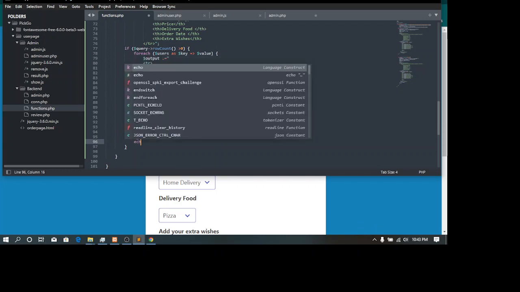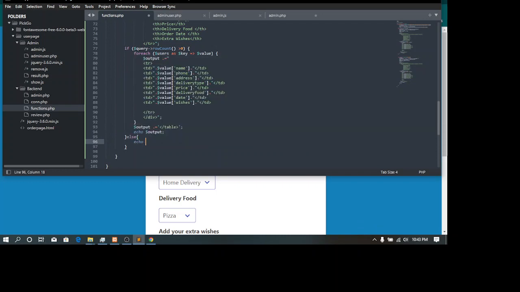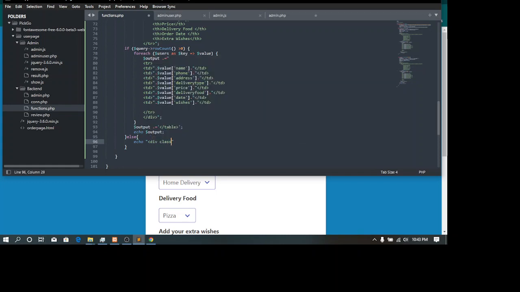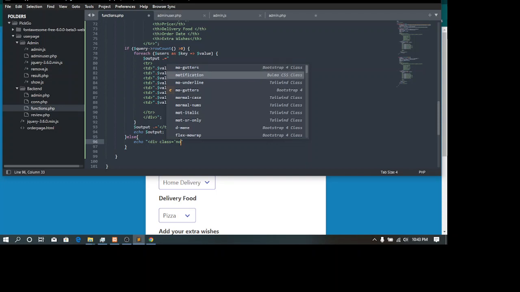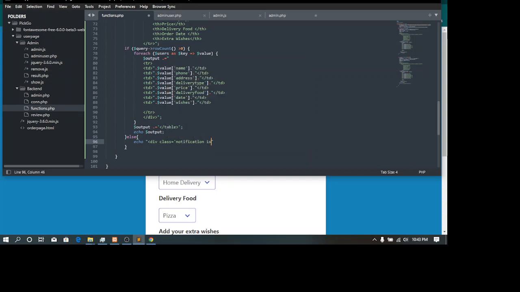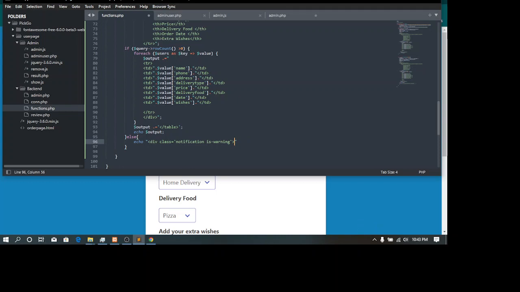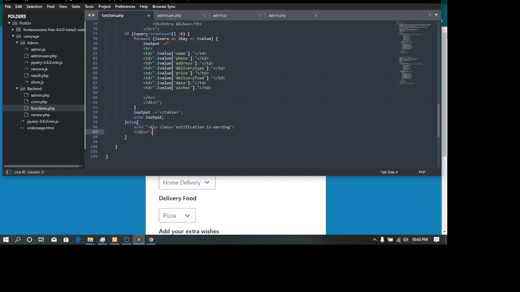Yes, so we're going to echo out saying the class notification is warning, close it like that.